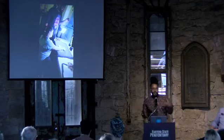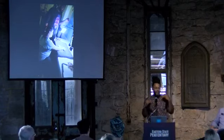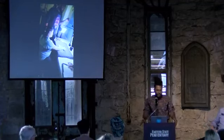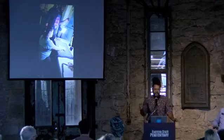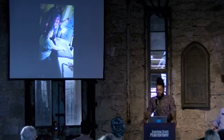One of the challenges around working and doing art in prison is what you can and cannot bring into prison at any given point. Like scissors, definite no-no. So that was another thing we had to figure out. How are we going to do this? We have the tools to do stop motion. How do we cut paper? So we had to get a little bit creative with that. But